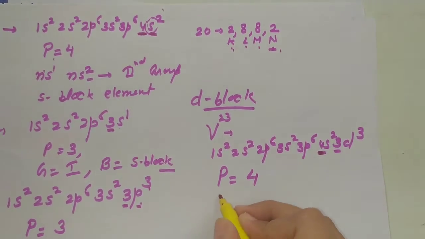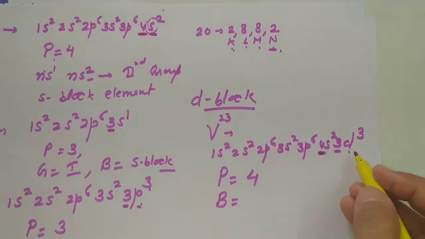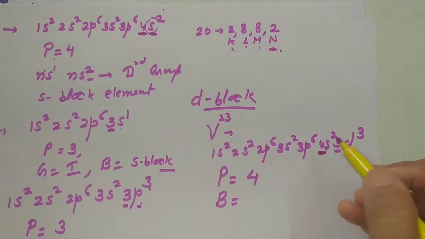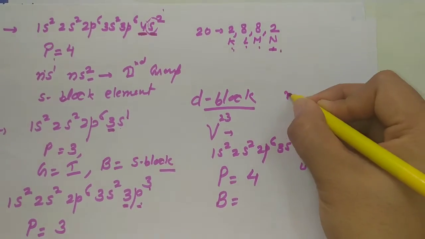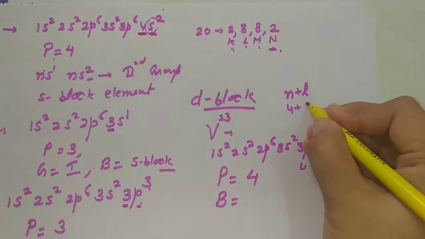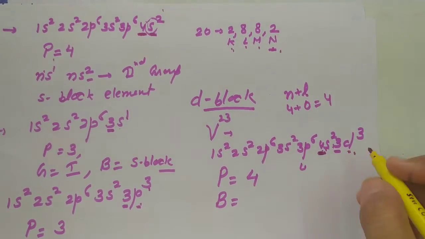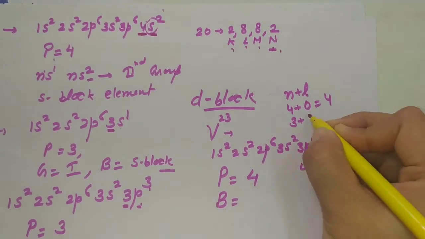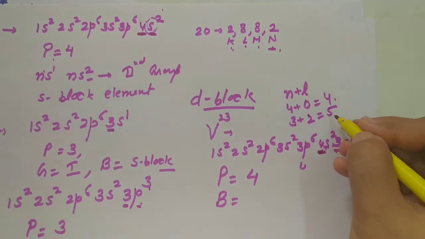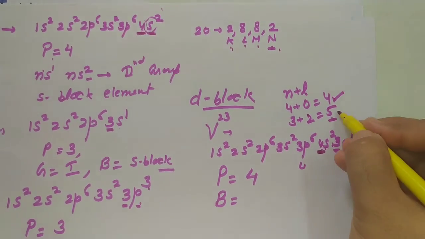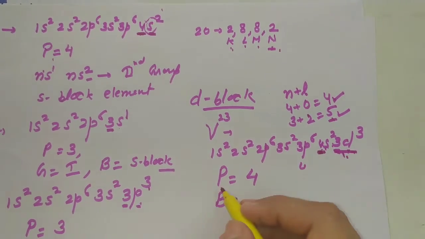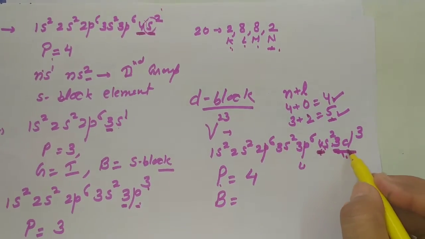Okay. And block: it is a D block element. How can we calculate whether it is S or P or D? For 4s and 3d, apply the n plus L rule. Here n is equal to 4, and for s orbital L is equal to 0, so the value is 4. For 3d, n is 3 and for d the value of L is 2, so 5. 4 and 5: which one is greater? 5. So it will fill last. It means the last subshell is D. So period is 4 and the last subshell is D.